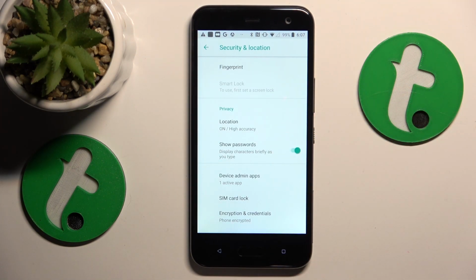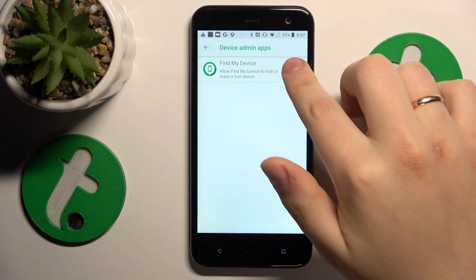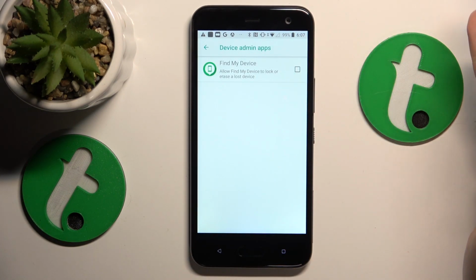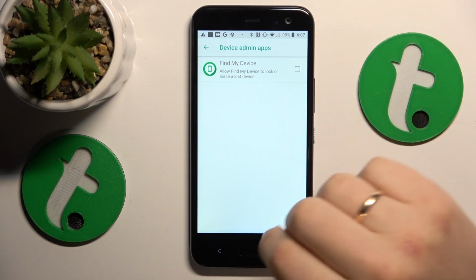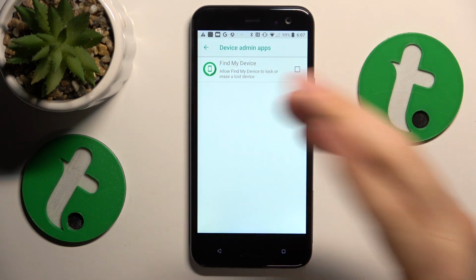So here, go into the security and location category of settings, then open the device admin apps list and deactivate this permission for all and any apps that have it, as I've already mentioned. Now see if your problem disappears, and if it does, that means that such app has been the root for